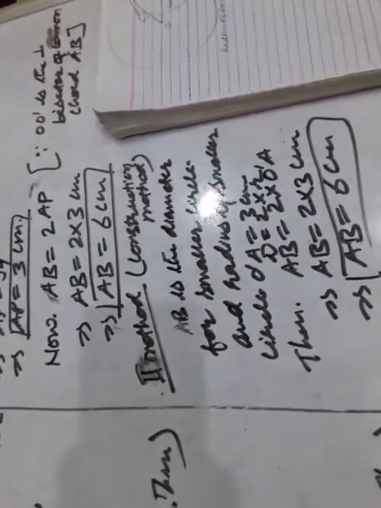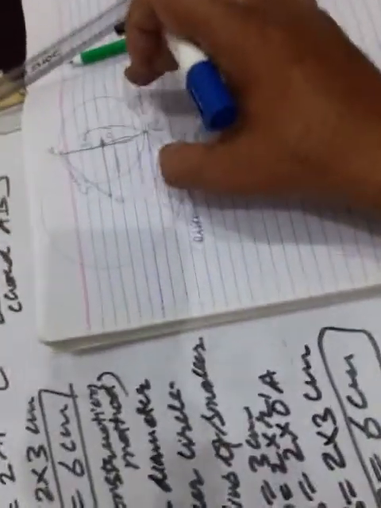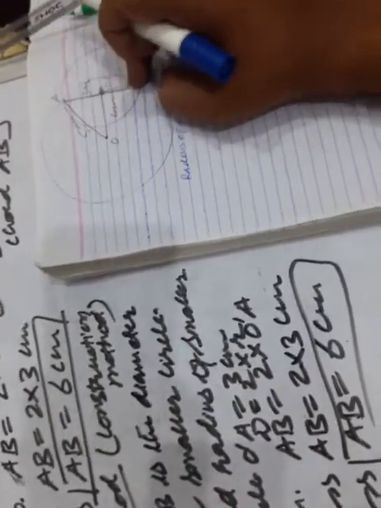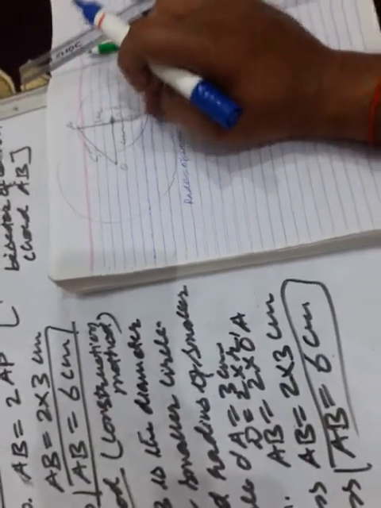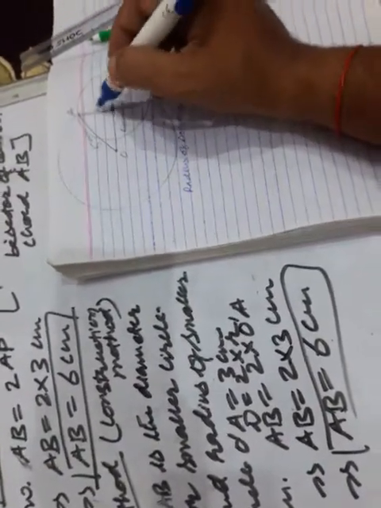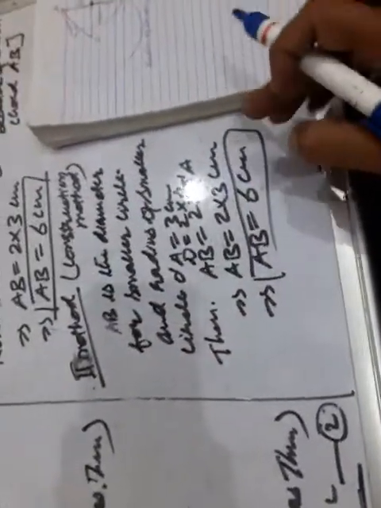I want to tell you that such a long question can be solved clearly in a single step if you use the construction method and construct the circles with exact measurement. Okay children, it is given 5 centimeter, and your radius is 3 centimeter for the smaller circle, and this common chord is the diameter for the smaller circle, and it is a normal chord for the bigger circle. Since its radius is given, half of the diameter is the radius. This is 3 centimeter, you make it double, and that will be your common chord, that is the diameter.